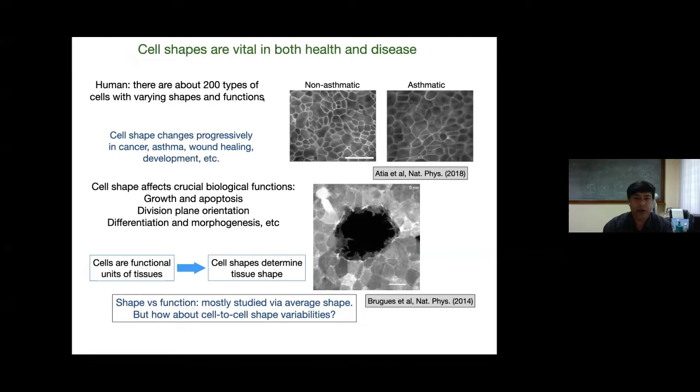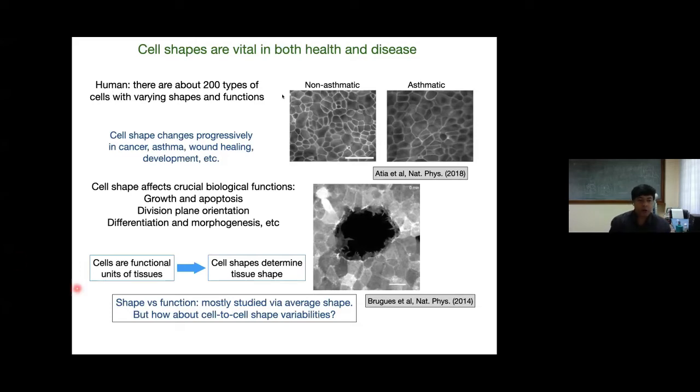So cell shapes are important. Cell shapes are important both in health and diseases. For example, in human beings, there are about 200 different types of cells with varying shapes and different functions. Cell shape changes during different processes, such as during cancer progression, asthma, wound healing, development, etc. And cell shape affects crucial biological functions as well, such as growth and apoptosis, division plane orientation, differentiation, and